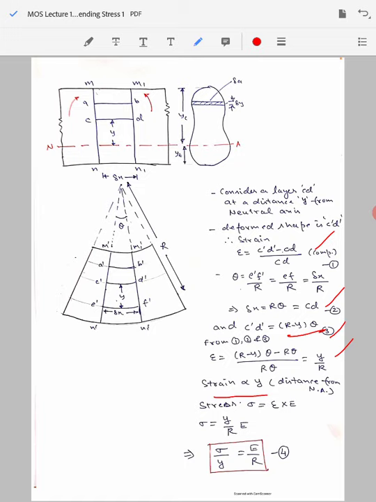In fact, the fibers at the top and the bottom of the beam will suffer the highest amount of strain, thus they will have the largest amount of stress in them. Now as we know that stress is proportional to strain, stress can be written as strain times the modulus of elasticity. Using this expression, if we substitute the strain as y by r, we get the relation sigma is equal to y by r into E, which you can also express as expression 4: sigma by y is equal to E by r.